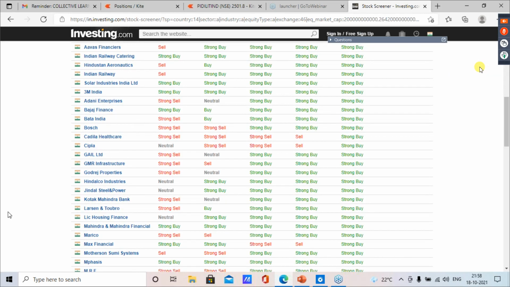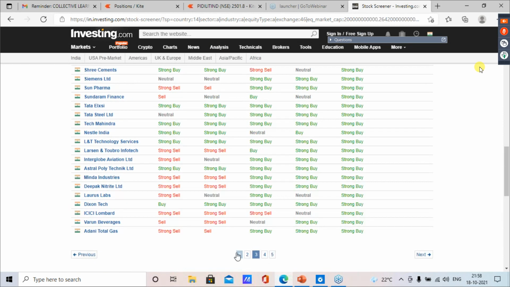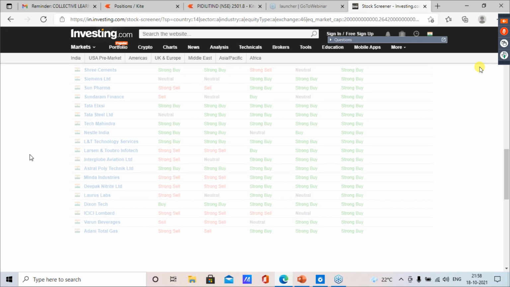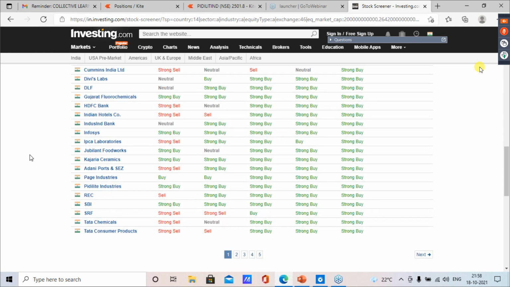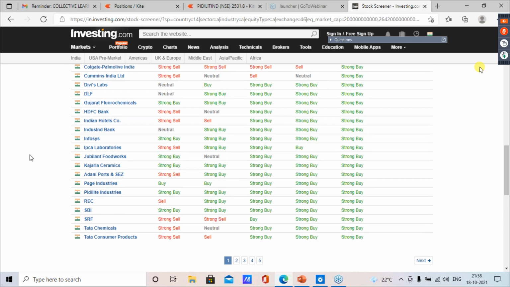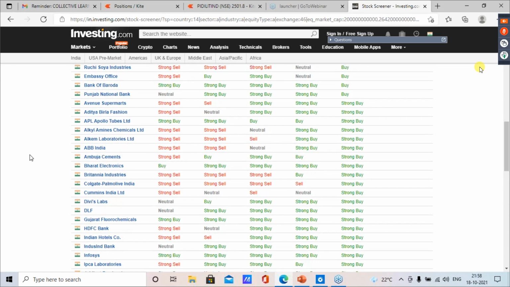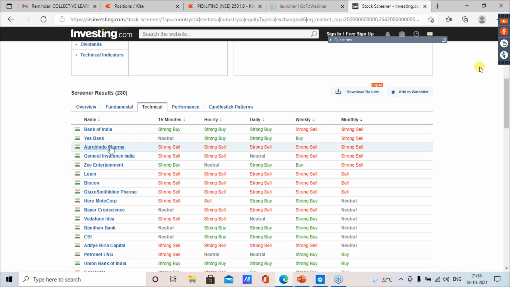If I change this from 400 to 200 billion, I'll get more stocks. Earlier, I had only three watch lists. Now I have five. So if I click on the first watch list, you will get better stocks and more stocks to trade. It is based on your greed, you can shortlist more stocks and trade in them accordingly.